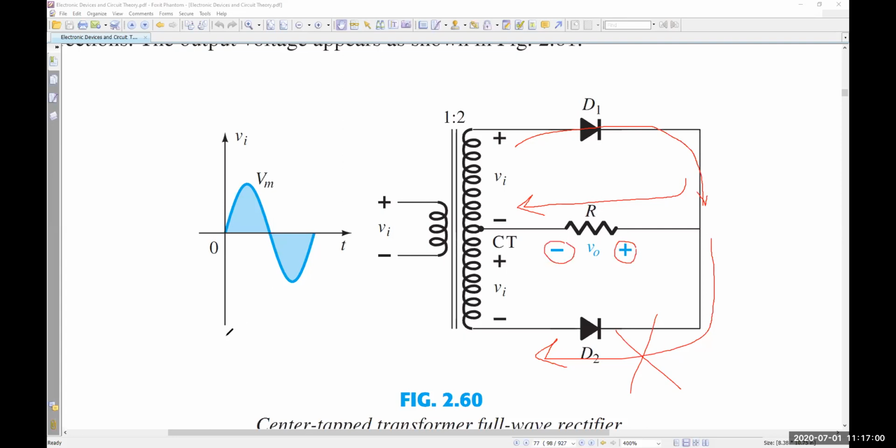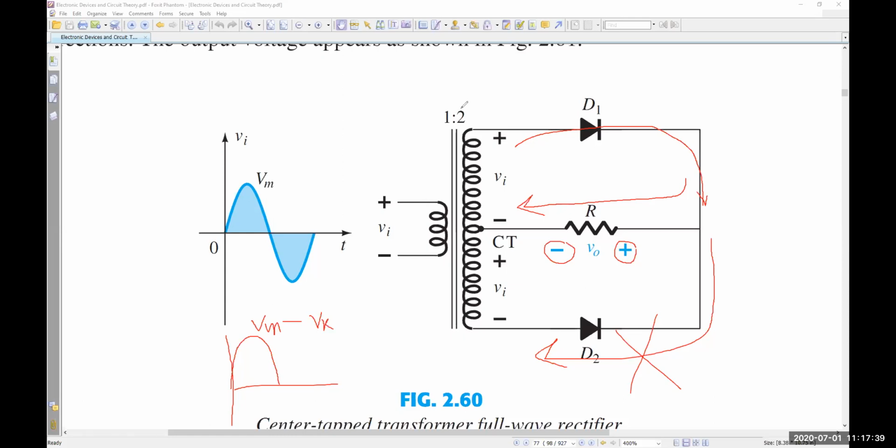So you will get exact same value like this, right? Here, what is the value? Vm, right? If we use silicon, what will happen? Minus 0.7 or 1.4? How many silicon diodes is current using? 1 or 2? 1. Because this one is not being used, right? Here only 1. So 0.7 only. That means Vm minus Vk.